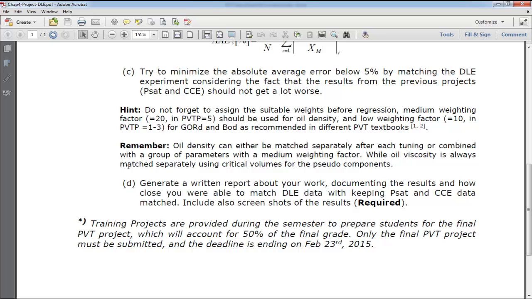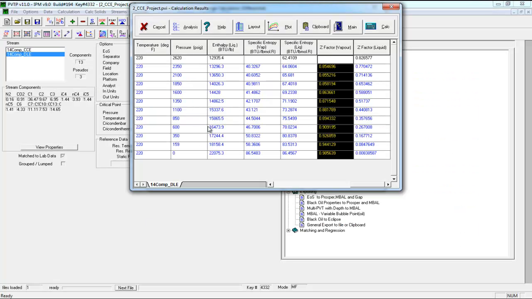The second note here: oil density can be matched in two ways. You can either do that in a separated way, so I try to match my saturation pressure, my CCE data, and DLE data without including density from CCE or DLE, because we have two densities now. We have density from CCE. You remember here, if we show,